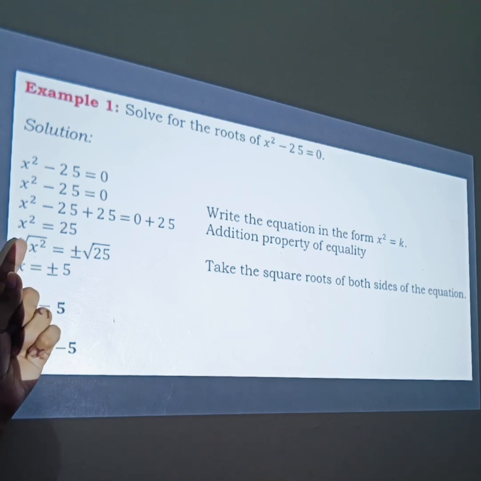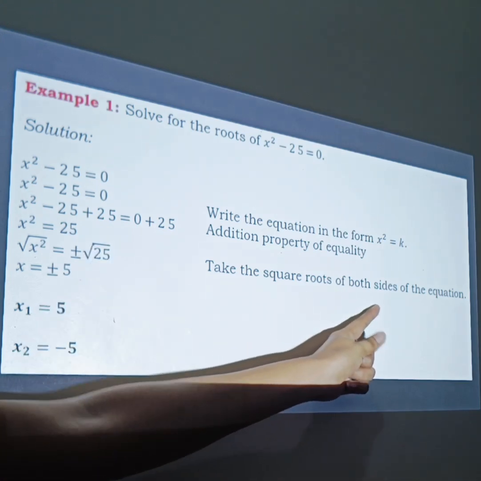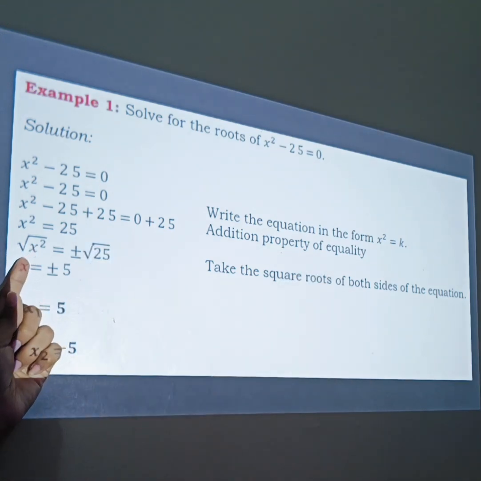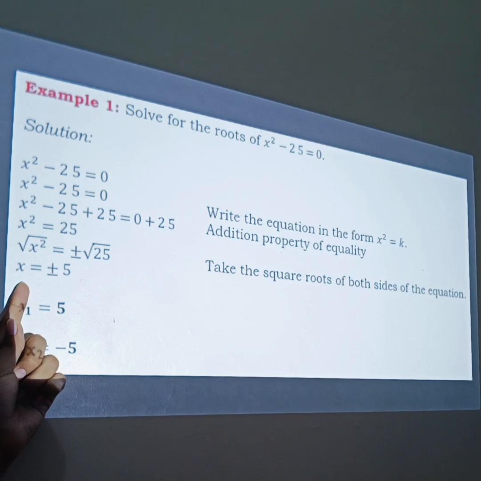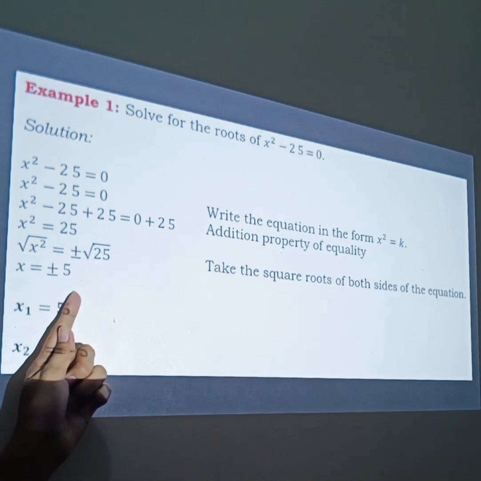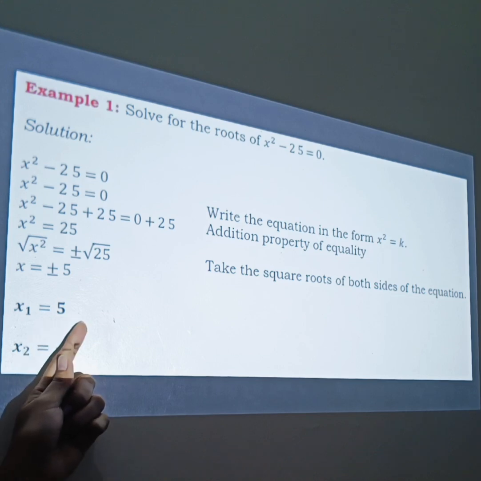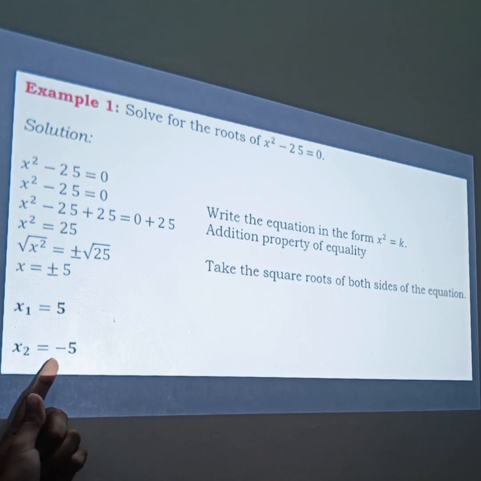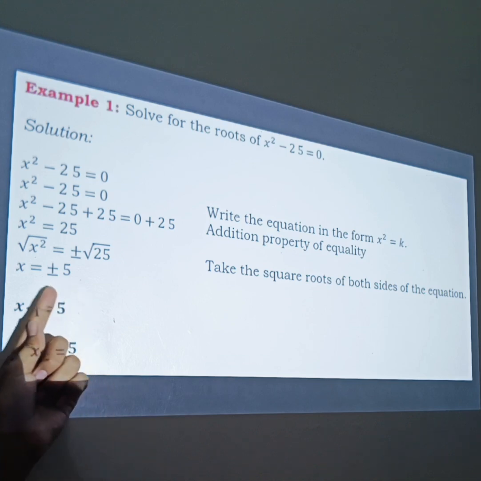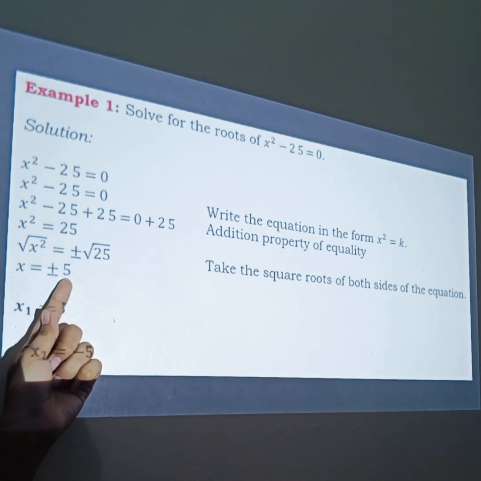How do we get the roots? Well, we take the square roots of both sides of the equation. The square root of x squared is x, and the square root of 25 is 5. So our roots are x equals positive 5 and x equals negative 5, because negative 5 times negative 5 is 25, and positive 5 times positive